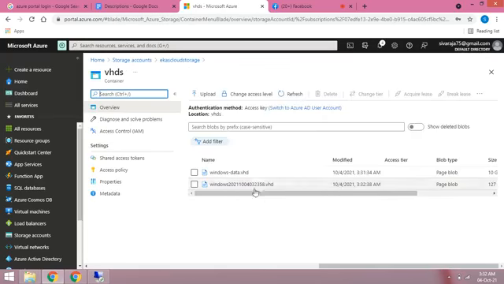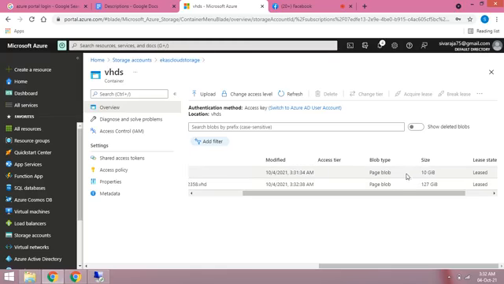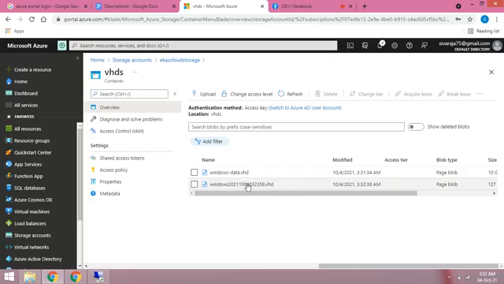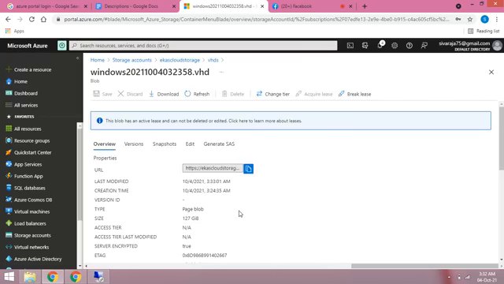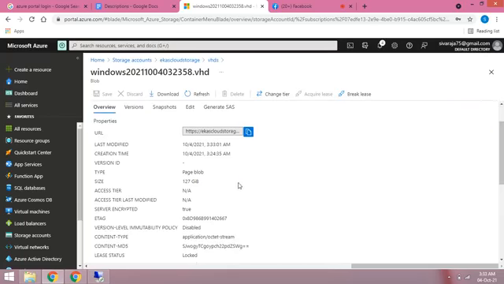See there, this is our OS page blob, and this is the page blob I just created, 10 GB and 127 GB. So these are the two files. Inside the files, if you want, see this URL link for this hard disk.